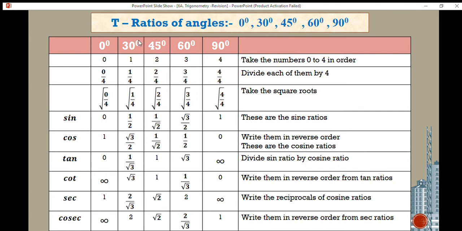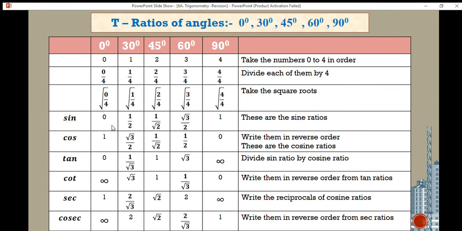Next, trigonometric ratios. This table is again known to you for 0, 30, 45, 60. They are the acute angles. 90 means right angle. So for these 5 values, you have to remember the values of sine, cos and tan. Cot, sec and cosec we can immediately write by taking their reciprocals. So when you want to learn them, just learn sine, cos and tan. It is not necessary to learn all 6.